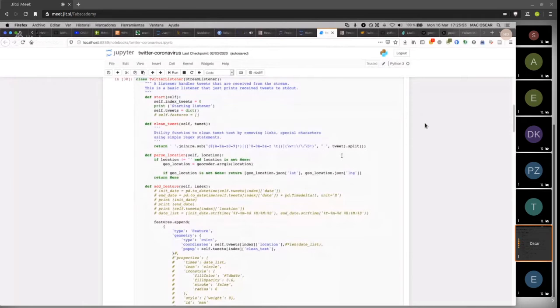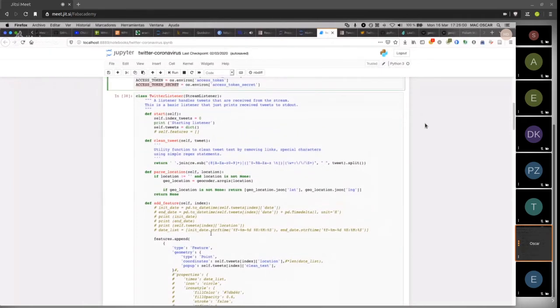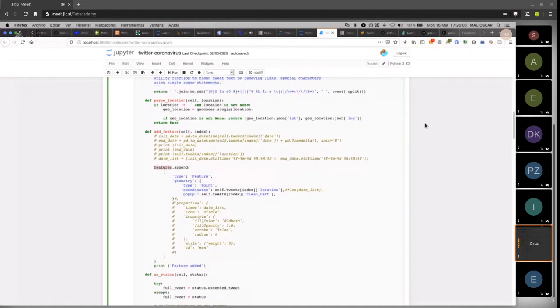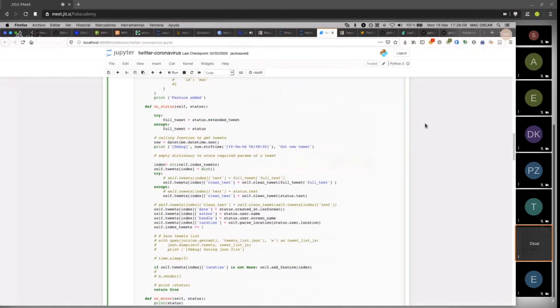So regarding what we did last week, it should be more or less the same. The only thing that we're changing now is adding new features and seeing how we can display them in a map. So at the moment, what we have created is a list of features that we have saved in a variable called features, and each of them has 4 things: